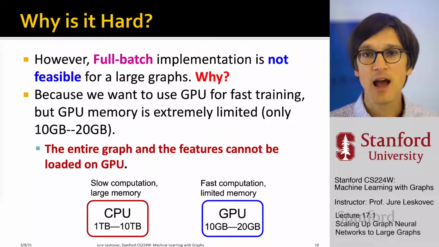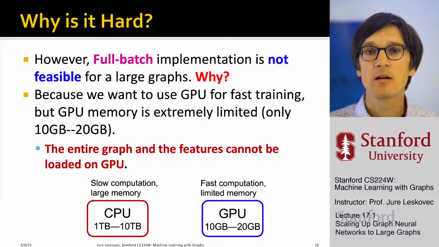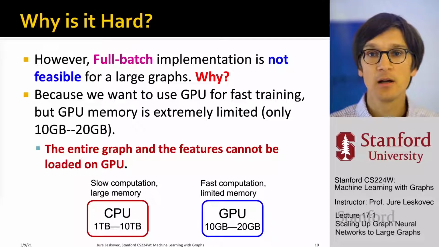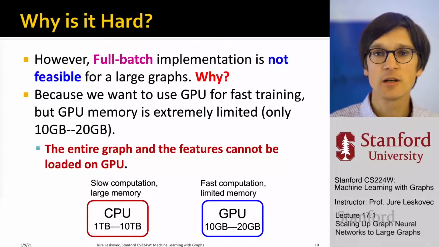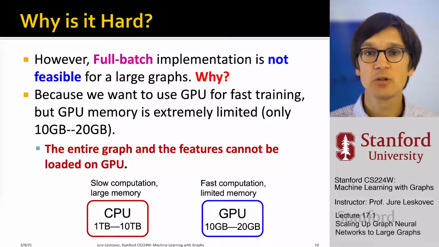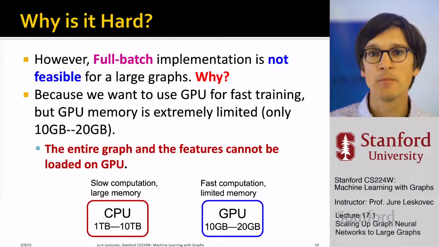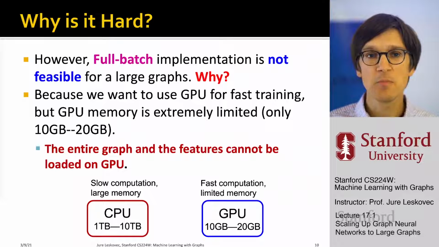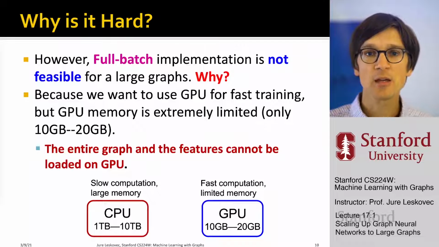But the point is that entire graphs and entire features, if you have a billion nodes, will be far, far bigger, right? If you have a billion nodes and you have, let's say, 100 bytes of features per node, you will need a terabyte of memory, 10 terabytes of main memory, which is the amount of memory we can get today for large servers using CPUs. So the point is CPUs have slow computation, large amount of memory,